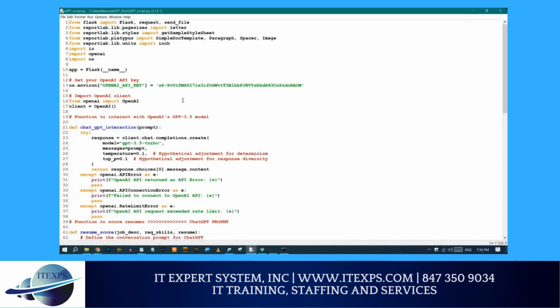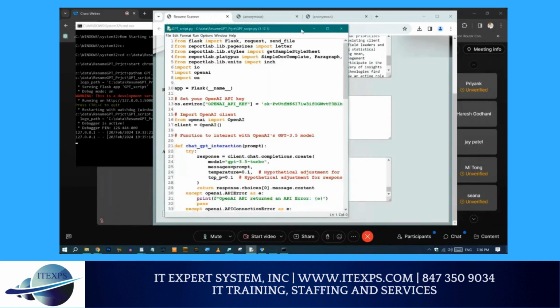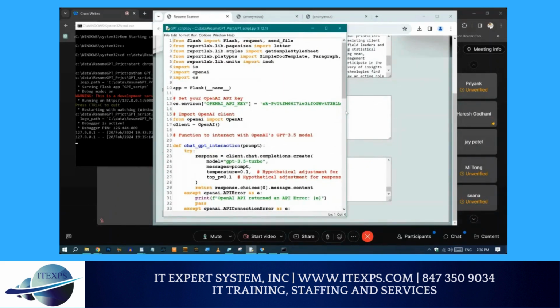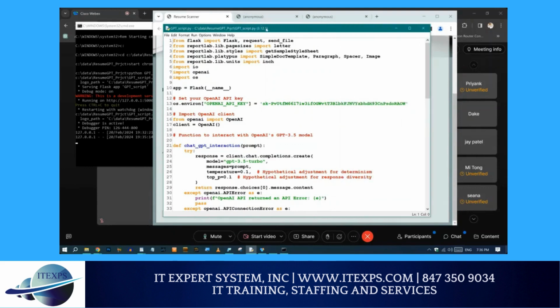So basically, this is the script. Can you guys see it? Yes. Okay. My apologies, I need to make it a little bit bigger, but